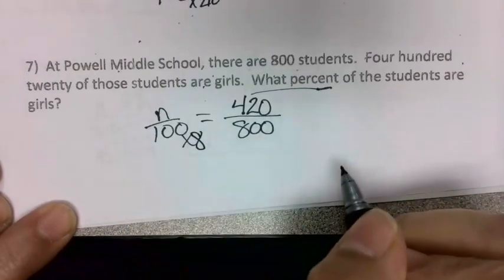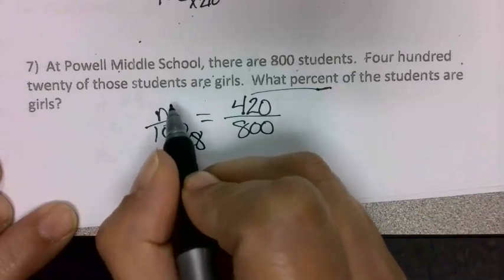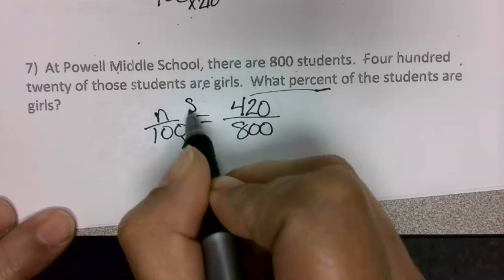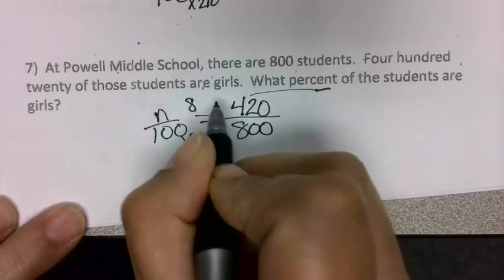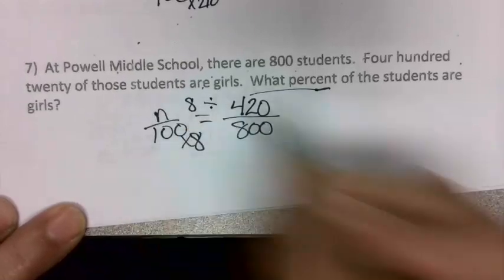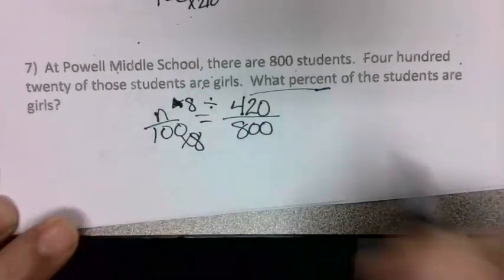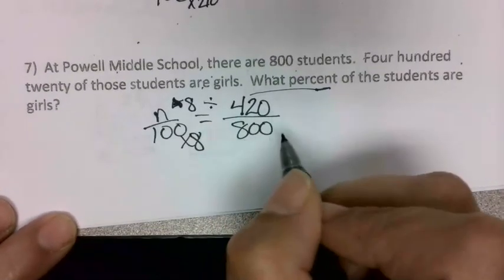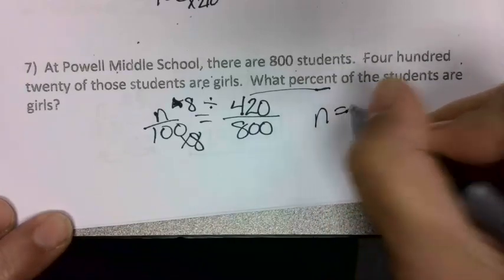Yep, times 8. Go up here, n times 8. Oh, I can't do times 8. If I can't times it, I do my inverse operation. I say 420 divided by 8 will give me my unknown number. So 420 in my calculator, 420 divided by 8, and that is going to give me